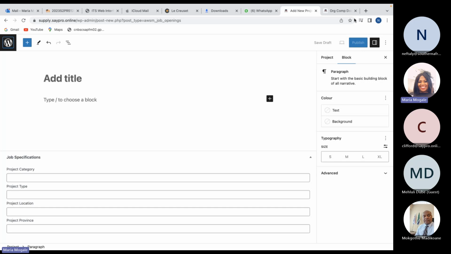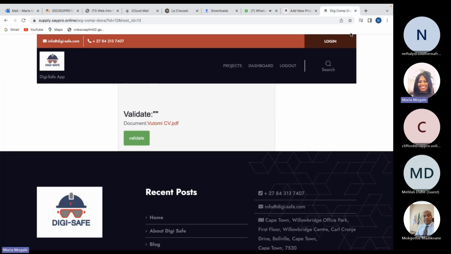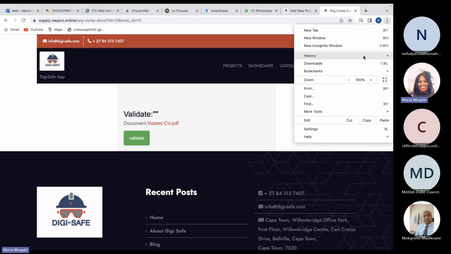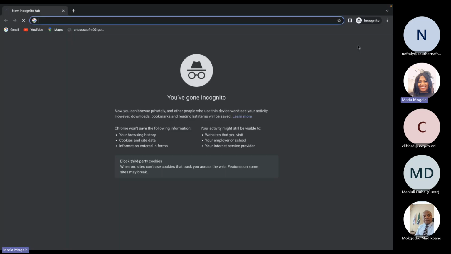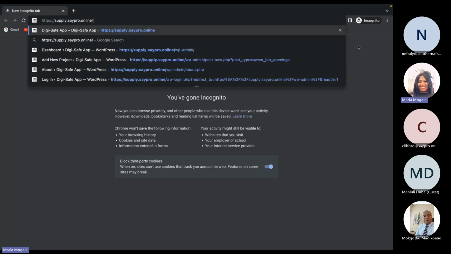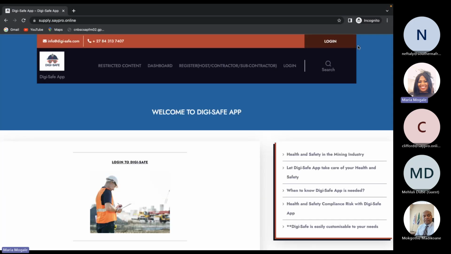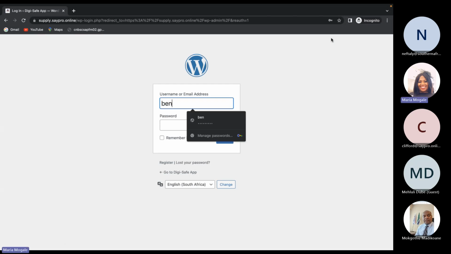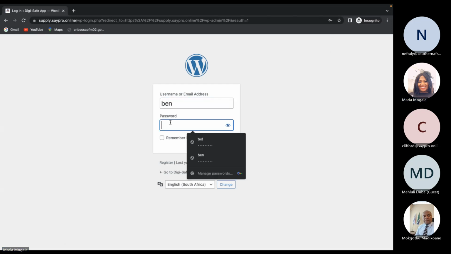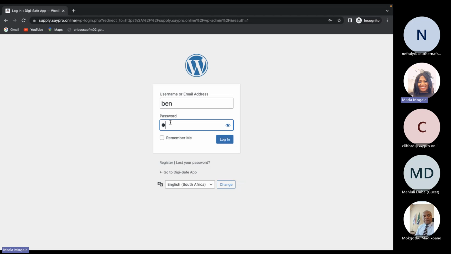After publishing it, I'm not sure why it's not opening, so let me open a different window, let's see if it'll open in incognito, because I want to have them both at the same time so you can see what I'm doing. So I'm going to log in here as Ben, the contractor. It's admin 123.